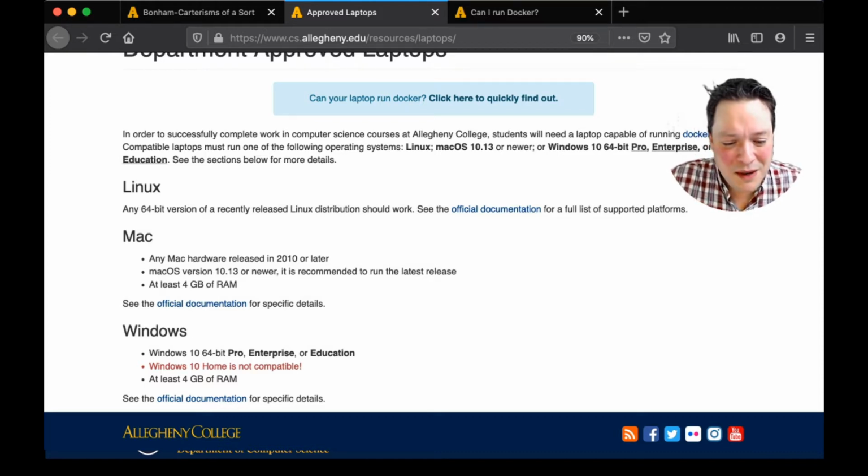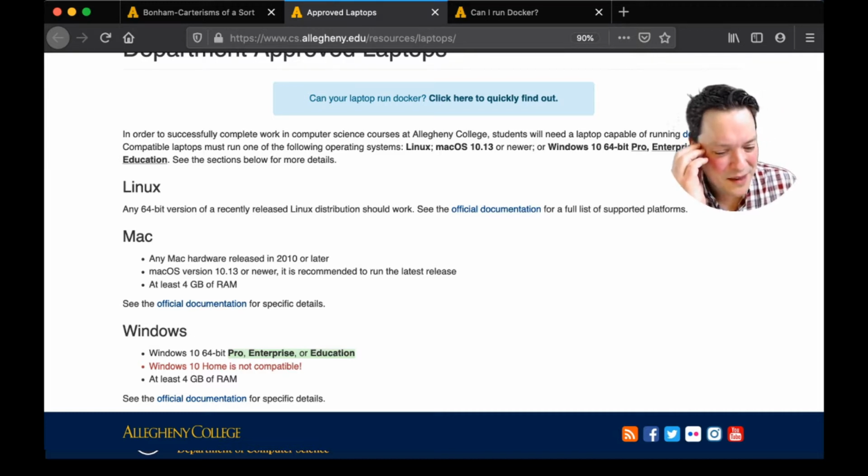But the reason why Windows is down here, and what this has to do with Docker, is that Docker does not run on Windows 10 Home. So if you're running Windows 10 Home, please send me a mail or let me know, and we can find a solution to perhaps get you upgraded to the Pro or Enterprise or another version like that so that you can run Docker on your machine. And we are in this class going to be using Docker, not necessarily for the analysis, but when it comes to putting together your homework, your submissions for your labs.